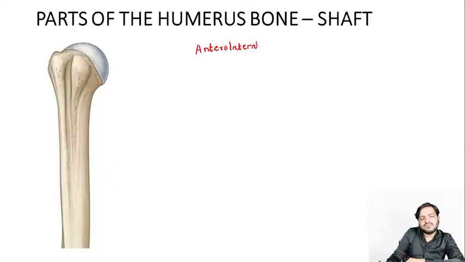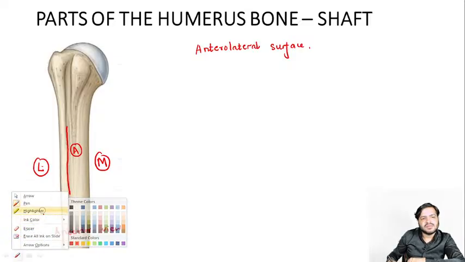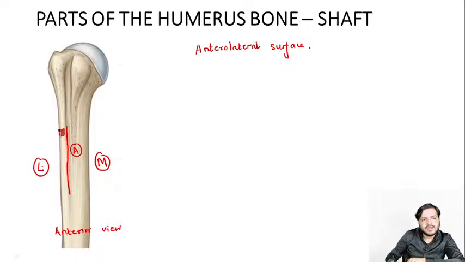Anterolateral surface. Since you can see this is the anterior view, this is the medial border, this is the lateral border, okay. Over here we have the anterior border, and between the anterior and the lateral border you will find a surface area which is enclosed, guys, okay. This is what is referred to as the anterolateral